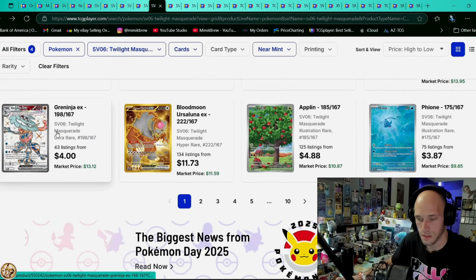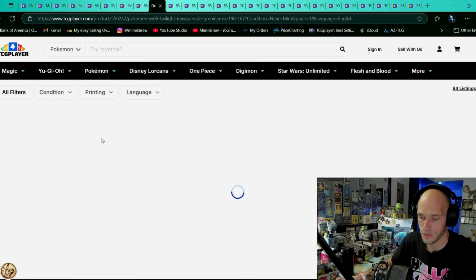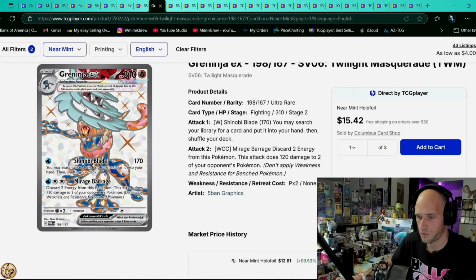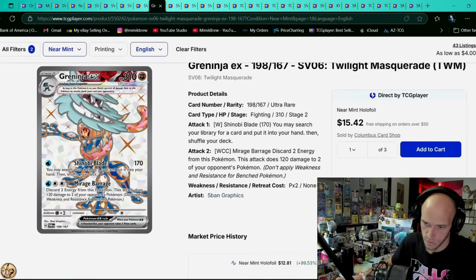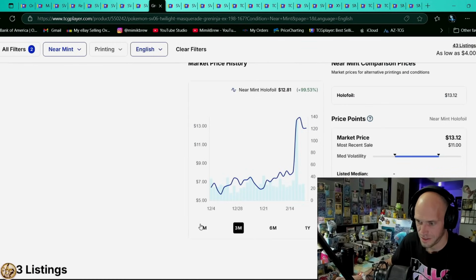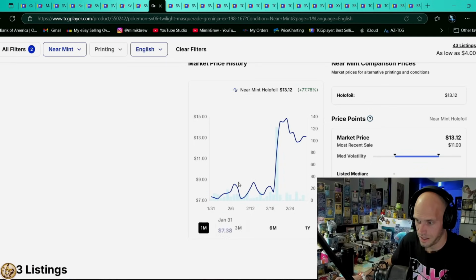So look at this. Here's the Greninja EX Full Art that I was telling you guys PK has a bunch of that he's pumping. PK has what, like 50 of these? Someone write in the comment section. But yeah, so this is...